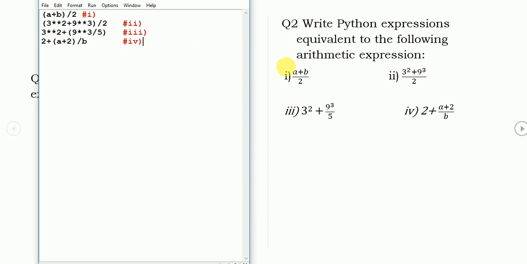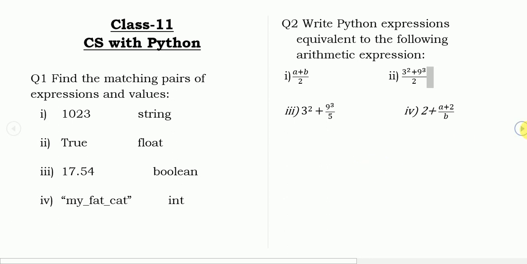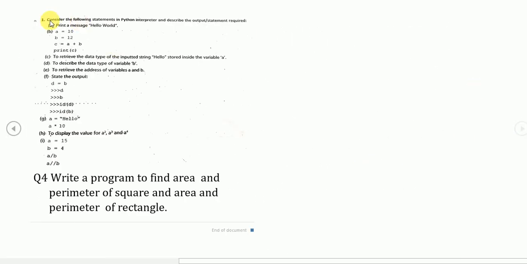Now the next question is, consider the following statements in Python interpreter and describe the output or statement required. Now we have to do this in the interpreter, and the first part says print a message hello world.